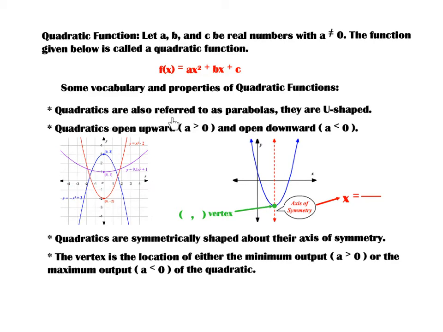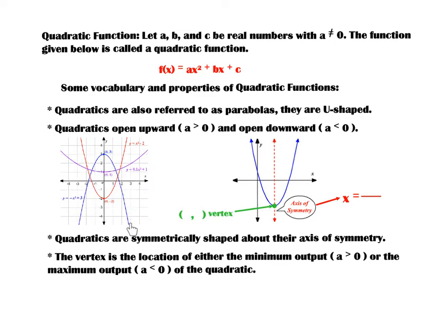Quadratics are also referred to as parabolas and are U-shaped. They either open upward or downward. Quadratics that open upward have the property that a is greater than 0. So you can see I've got a red function here where a is equal to 1, x squared. I've got this purple function here where a is equal to 1/10. So if a is less than 0, like this blue function, where a is negative 1, the curve itself will